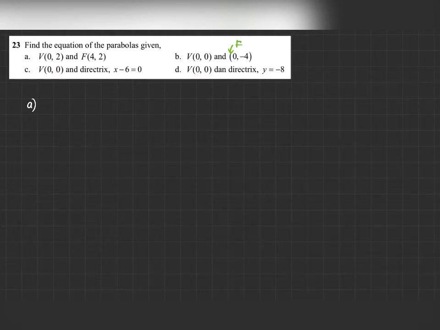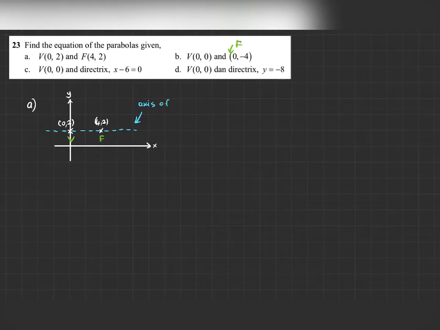Macam mana kita nak jawab bila dia bagi kita vertex dan juga focus. So first of all, it is easier for you untuk kita sketch dahulu dekat mana lokasi dia. Okay, so this is our axis, X dengan Y. So 0, 2. Saya akan plot dekat sini. 0, 2. And then sini adalah 2, 2. So sini adalah 4, 2. Okay, so sini adalah vertex kita dan ini adalah kita punya focus. So if we sketch the line between the vertex and focus,